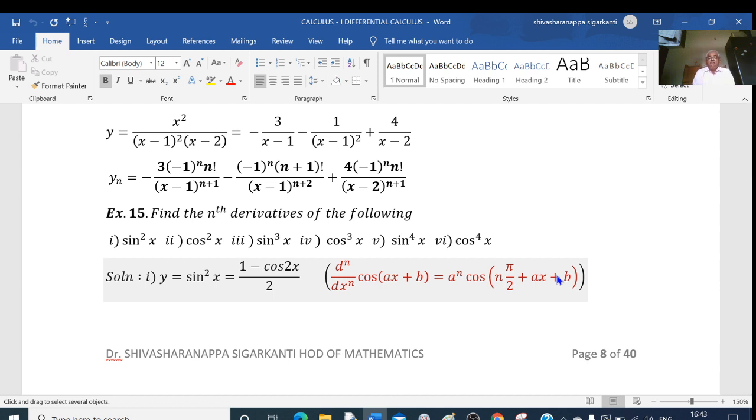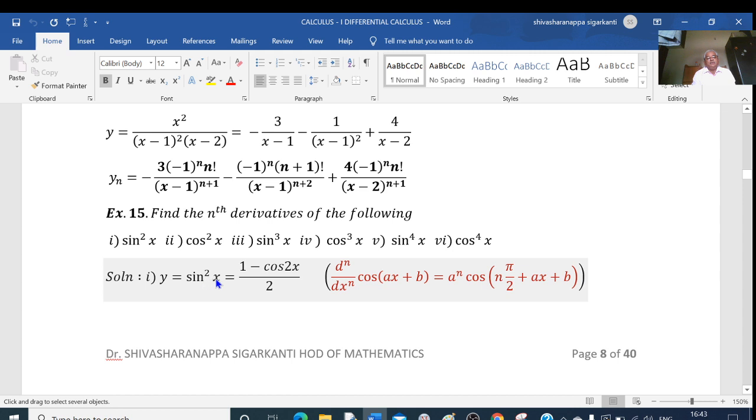So that is, we know the nth derivative of sin as well as cos. We don't know the nth derivatives of the powers of sin, cos. That is, we don't know the nth derivative of sin square, sin cube, sin to the power of 4, or cos power 4, cos cube, cos square. What we need to do here is, just we have to convert these squares, cubes, to the power of 4 in terms of just sines or coses with power 1. Okay. Then using this formula, we can find the nth derivative. Okay.